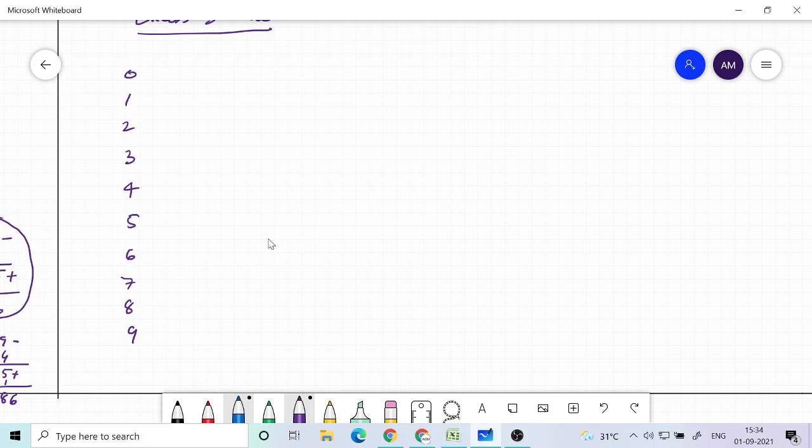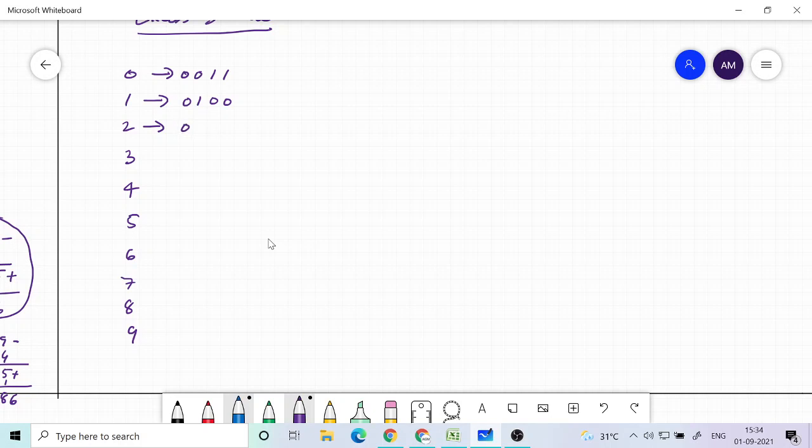But in XS3 we just add 3 to the code corresponding to BCD. So 0 is represented as 0 0 1 1. 1 is represented by the code 0 1 0 0. That's the XS3 representation.